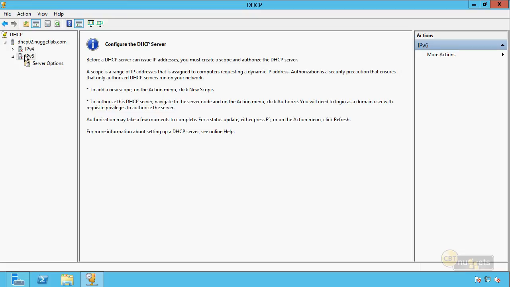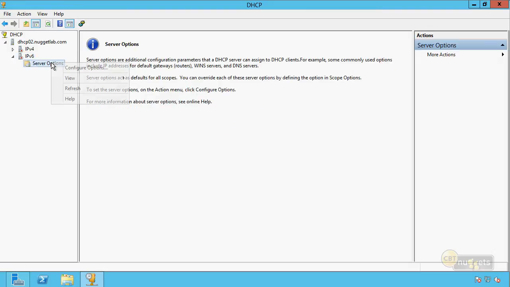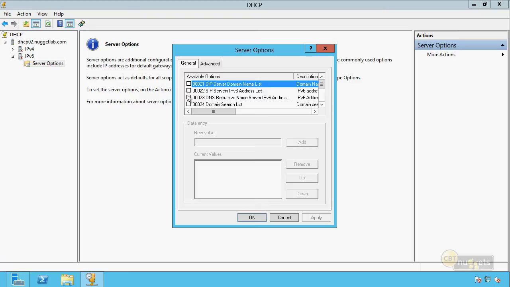All right, let's take a look here at IP version 6. There's really not a whole lot to this, because remember, through stateless configuration and router advertisements, your clients can self-configure their own IP address. You don't really need IP version 6 in DHCP for that purpose. However, you may want to set server options, and that would be things such as the DNS server that you want to use, or maybe some other kind of configuration options you want. Again, you don't even really need to put in the default gateway because that will be configured as well through the router advertisement. So here what I'll do is enter in an IP address of a DNS server that I might have,